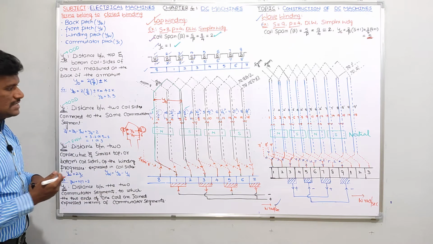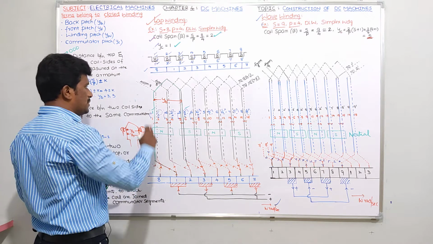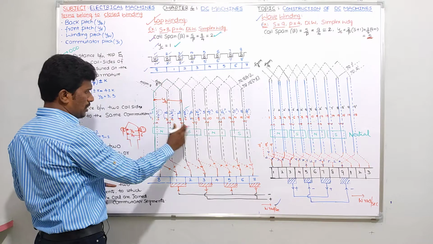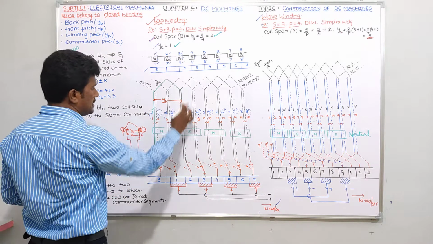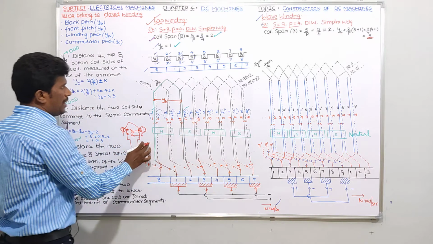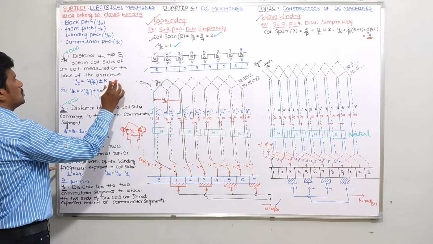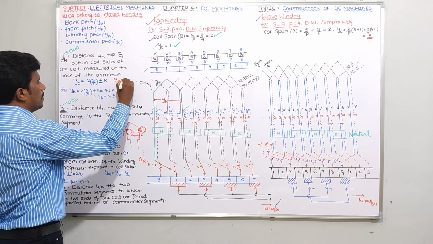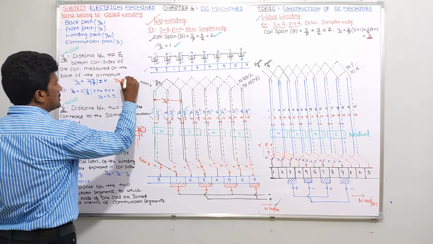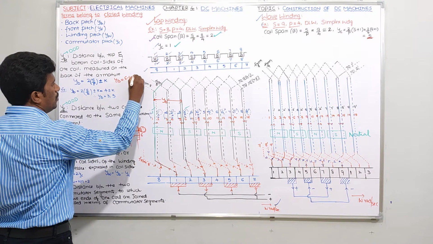Okay. So now tell me in this example, coil back pitch is what here? 1 to 6. You should consider always the red color markings. 1 to 6. Okay, that means back pitch, what might be the formula? So if you take this one, YB equal to what? YB means 1 to 6, no? 6 minus 1. What is this value? 5.